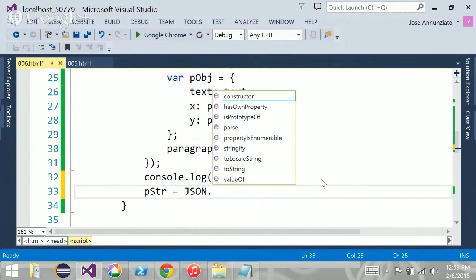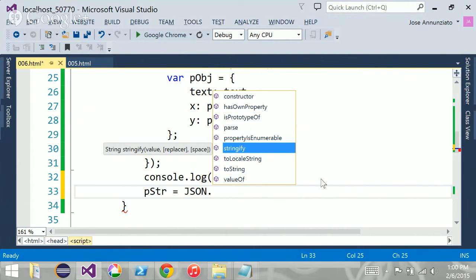One of them is to convert objects to strings, and the other one is to convert strings back to objects. We're going to use that the other way around to load it from local storage. So JSON, to convert it into a string, there it is, stringify. This object could be as complex as you want. It could be an array of objects that contain other arrays, that contain other objects. It iteratively, recursively goes through the entire